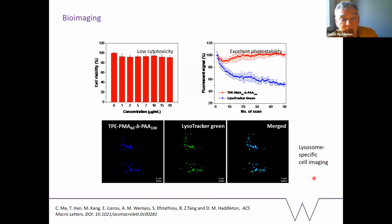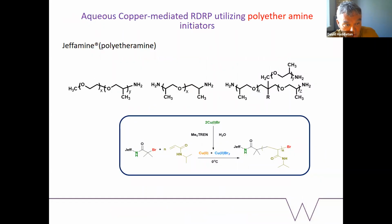But what we're seeing here is that we have polymers with low cytotoxicity. They have excellent photostability, because one of the problems with bioimaging is a lot of reagents photobleach. And what we're doing here is we want to know when the polymer is aggregated, it lights up, and when it dissolves, it doesn't light up. So it's sort of telling us where the polymer is, which is in that paper. Right now,